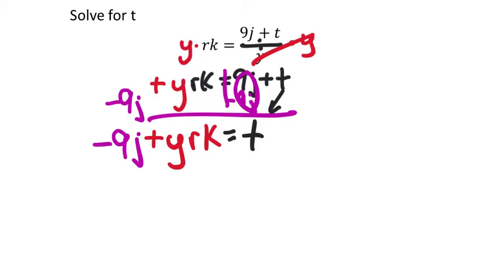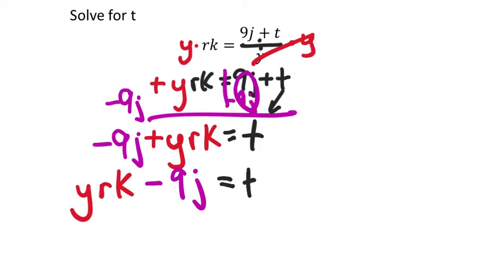If I had placed that a little bit differently, this is what it would look like. You can put the yrk term first, but then it would be minus 9j, and this would equal t. So both of these are correct, by the way. Either one of these would work. But again,